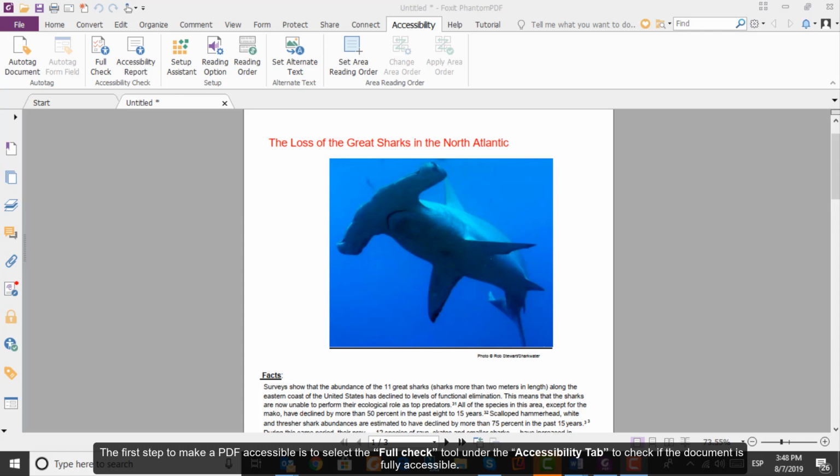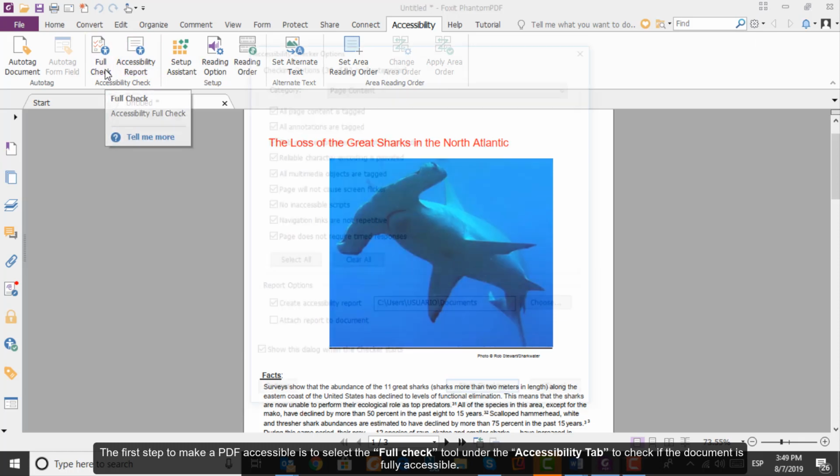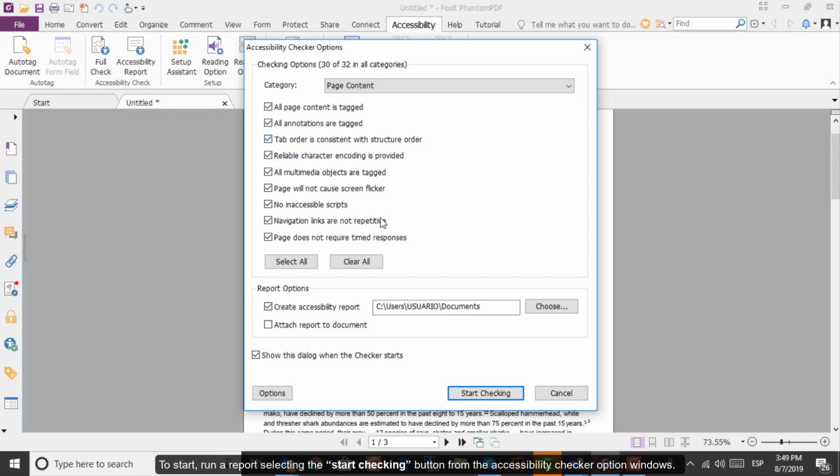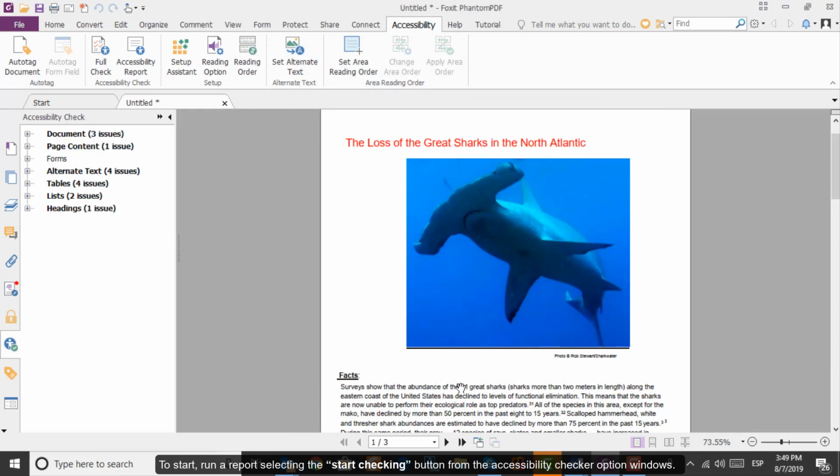The first step to make a PDF accessible is to select the Full Check tool under the Accessibility tab to check if the document is fully accessible. To start, run a report by selecting the Start Checking button from the Accessibility Checker option window. Then an Accessibility Check report will be opened in the left-hand side panel with all the accessibility issues found in